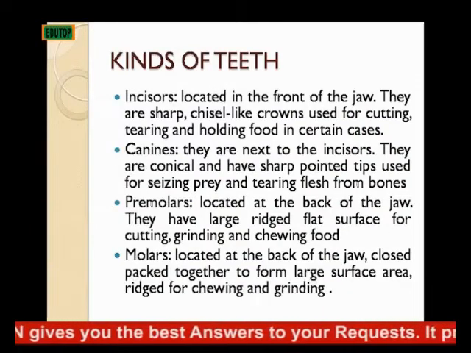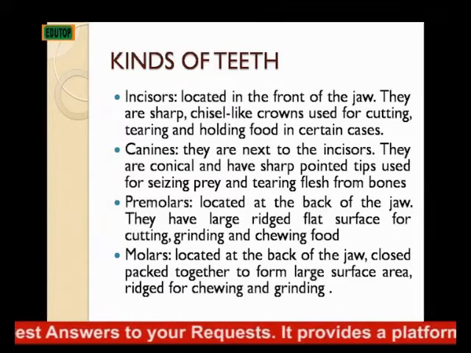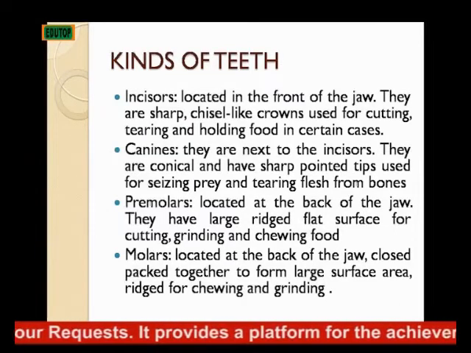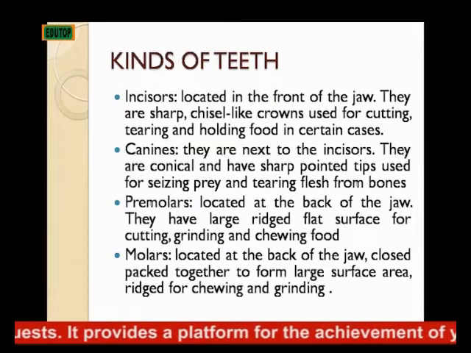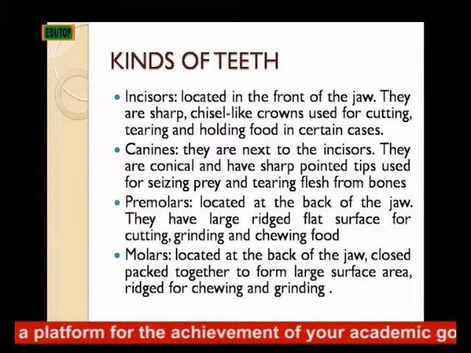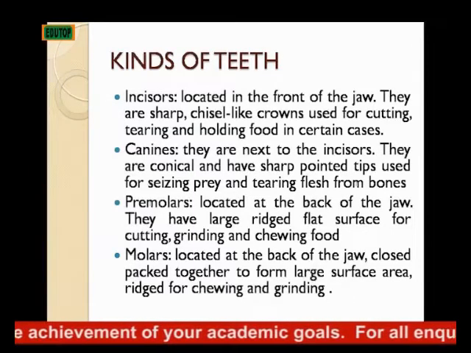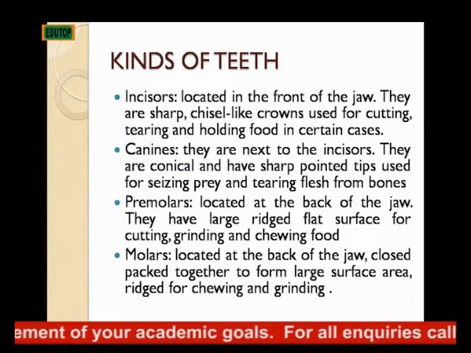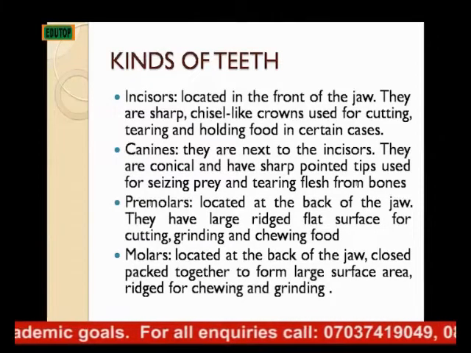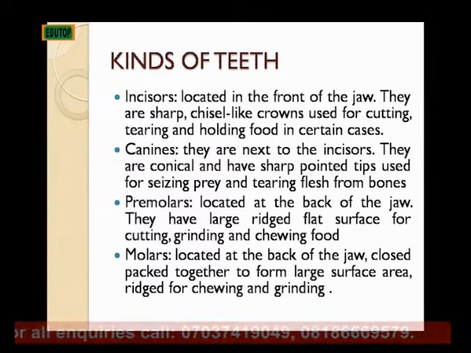Now, the kinds of teeth. I said in heterodont dentition, we have various types of teeth. The teeth types are not the same, unlike in homodont dentition, whereby the shape and the size of the teeth is the same. So we want to look at the kinds of teeth that you find in heterodont dentition, and it is basically 4. We have the incisors, canine, premolars, and the molars. So what each of these teeth are and their functions, we'll be looking at.